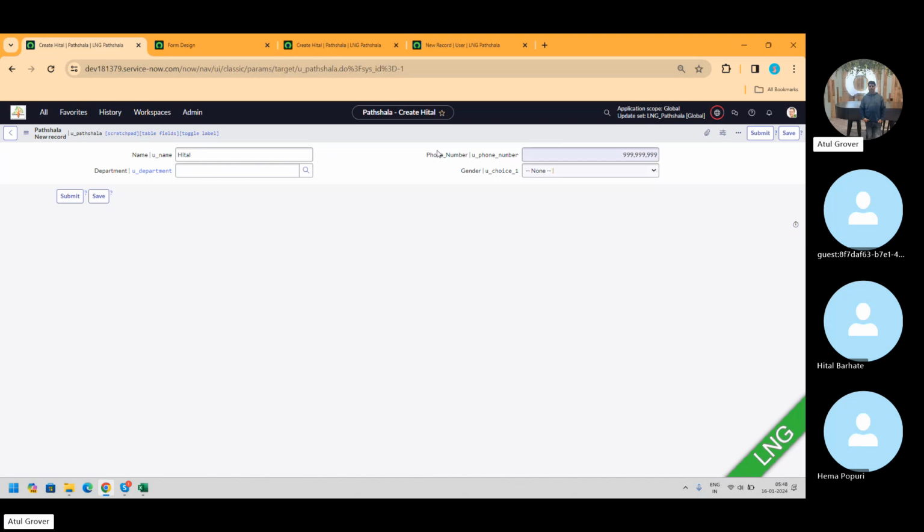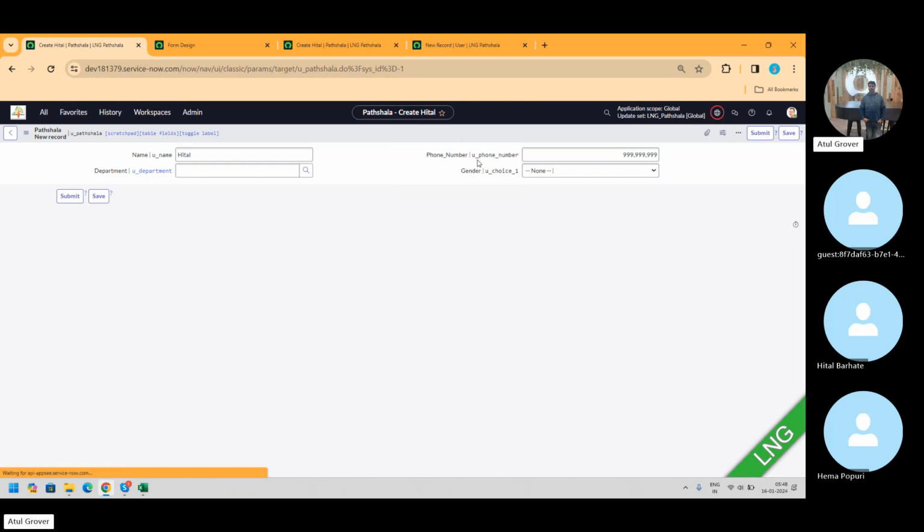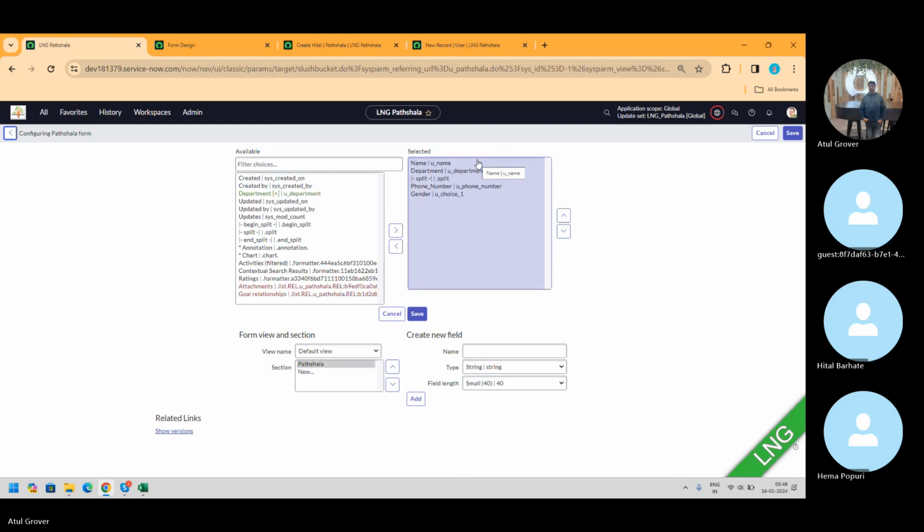Atul, can we go back to the form design? No, this time we'll take a new way. Right click, configure, form layout. See, form layout is like a table format. I want to create a new field. Okay. Create a new field. Put the name here. Let's say